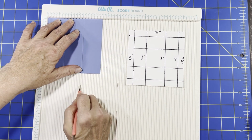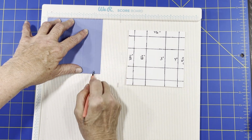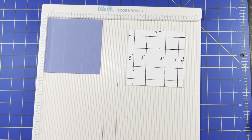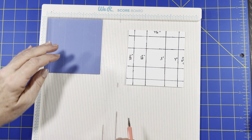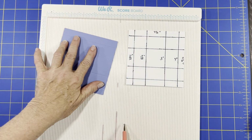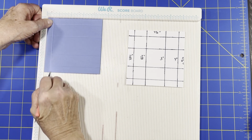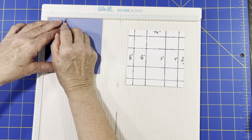3. Let me tell you, I had a lot of samples, a lot of mess, but it made the boxes too big, then it would make that too big. Oh, it was a lot of fun. So they're just going to give it 1 turn. And then we're going to score the same things: 1/2 inch, 1.5,